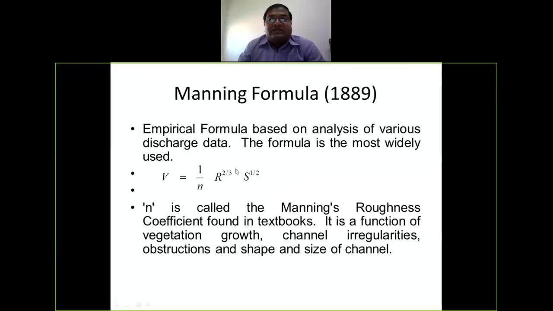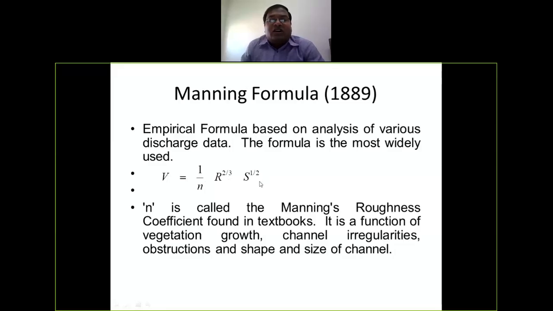Then the next one is Manning's formula, after Chezy's formula. Manning's formula was given by Manning in 1889. It is an empirical formula based on the analysis of various discharge data, and the formula is the most widely used. It is a very popular formula in fluid mechanics. So V is equal to 1 upon N, R to the power 2 by 3 into S to the power 1 half,